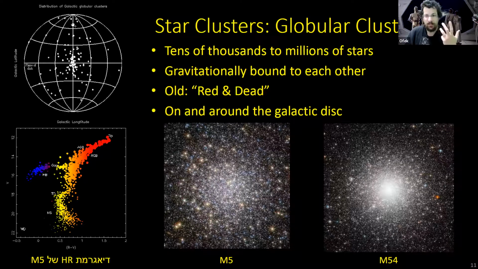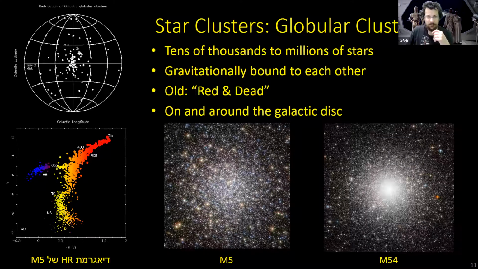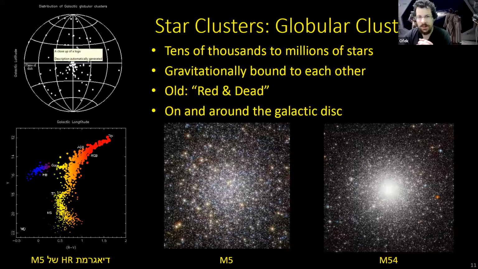And so if we now look at the sky and we plot, we kind of project the sky around us in such a way that the plane of the disk is this horizontal line in the center, then we can see various globular clusters and trace their position in the sky relative to the galactic disk. And we find that, okay, so it's a projection of the sky to a sphere, sort of. Yes. It's a projection of the sky on a sphere.